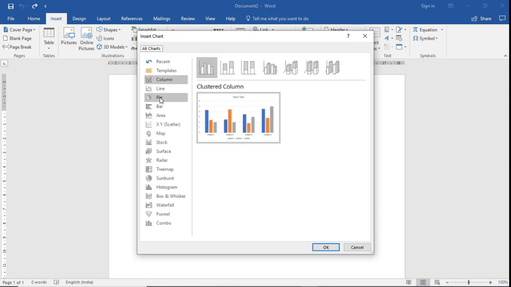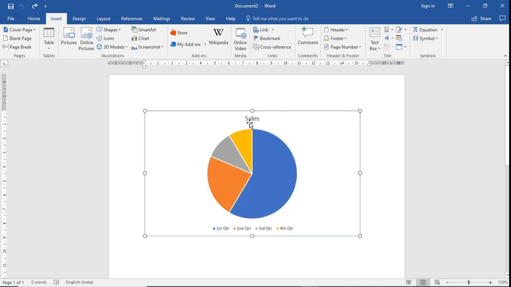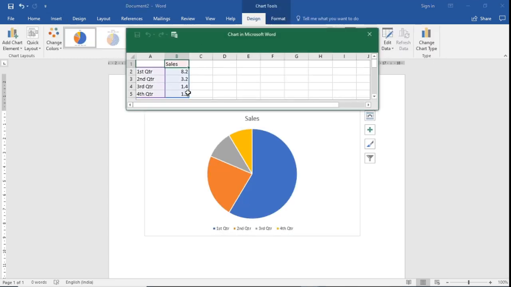For example, I want to insert a pie chart. So let me click on this pie chart. We can see that the chart gets displayed and along with the chart, the Excel sheet also gets displayed. So you can change this. For example, I change this so that in Google Classroom, 50% of the people are familiar.